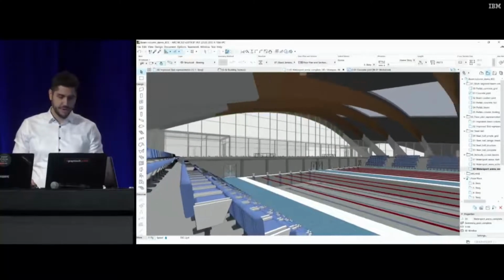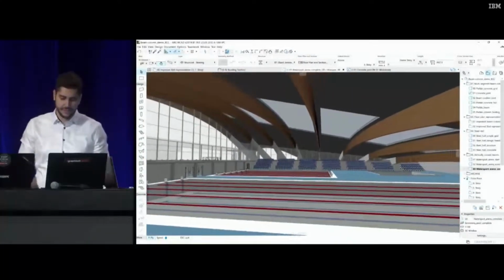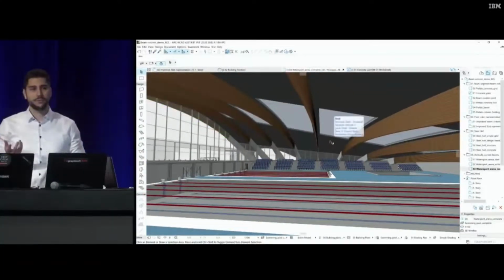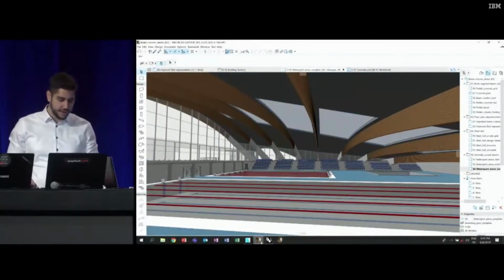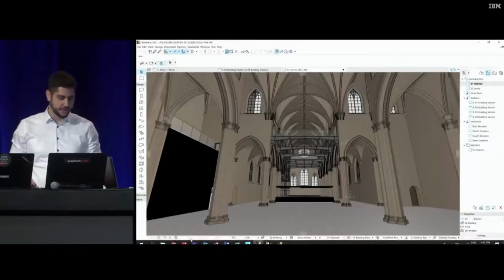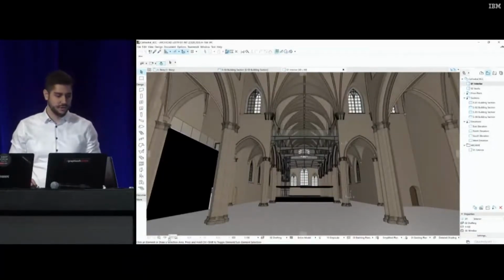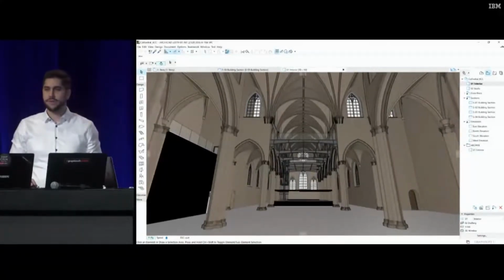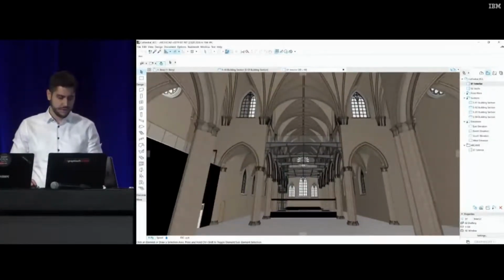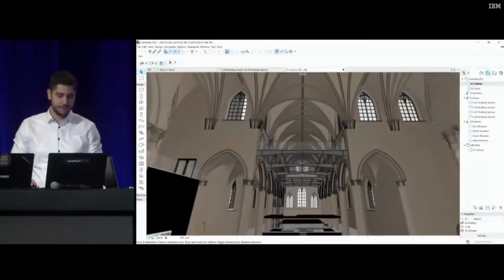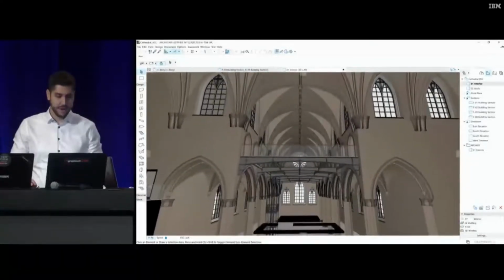Again, let's take a look at how it looks from the inside. I believe it's quite impressive, isn't it? But where else would we use vertically curved beams? For example, in case of historical projects and renovations. So we took the tool for a ride, and we tried to see how it performs by creating this